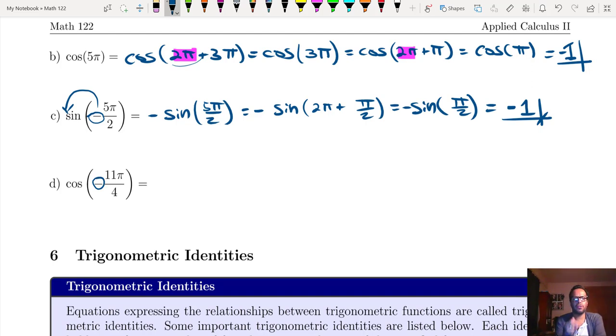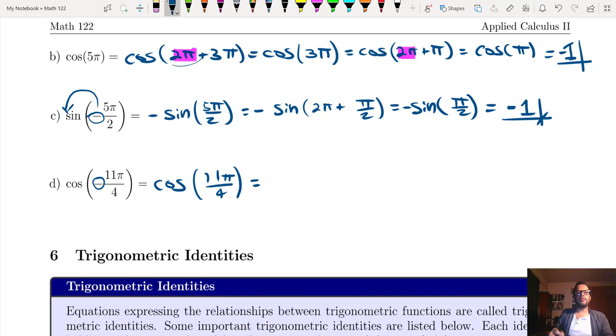However, when it comes to cosine, for cosine of a negative angle, we don't just put the negative sign outside as we did for the sine function. The cosine of a negative angle is the same as cosine of the positive angle, right? Cosine of a negative, it's the same as positive. All right, so